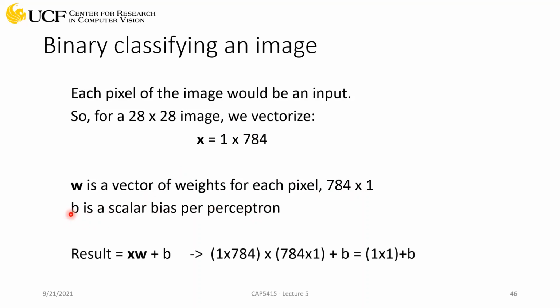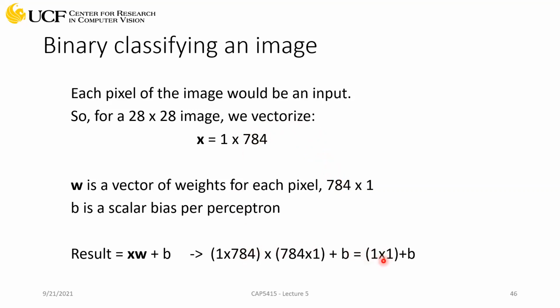So that's just a number. So with this perceptron, if you want to classify this image, we can just take a matrix multiplication of these two matrices. Right, so that's XW, and then just add the bias term. And you have seen in the linear algebra basics that you can easily multiply these matrices because they're compatible. And the output of these two matrix multiplication is going to give you just one number, which will be